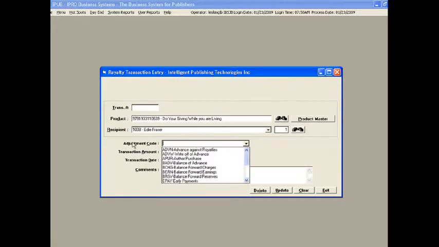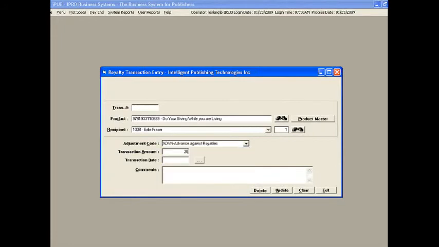Now we have a whole bunch of codes that have been entered. These are just example codes, nothing that you have to use, but they really cover the range. It could be any sort of balance of invoice. These can be plus or minus transactions. So let's say we wanted to create an advance of $2,000 on a certain date, and then we can put in